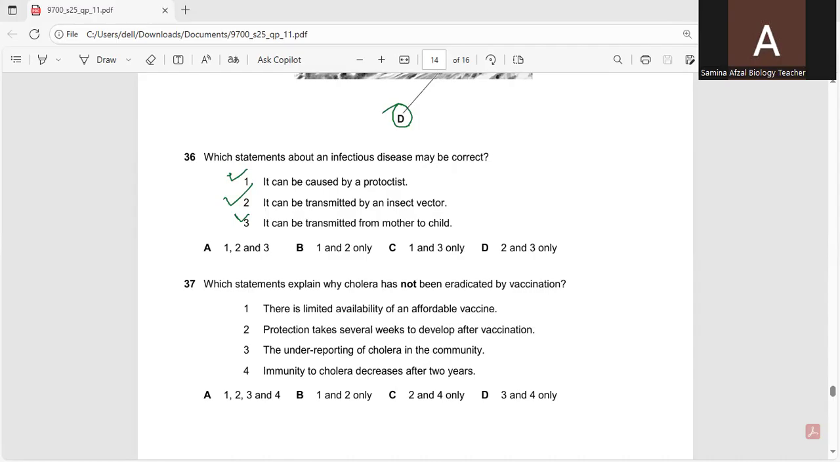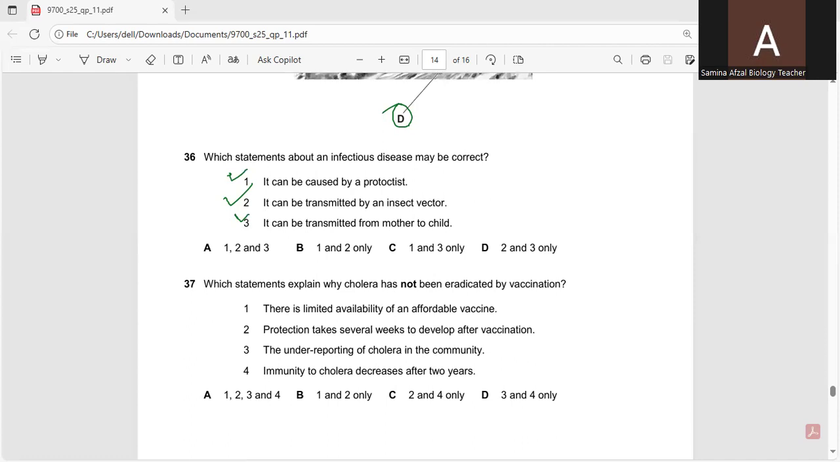If we talk about the second statement, it can be transmitted by an insect vector. A vector is an organism which transfers pathogens or microbes from one person to another. These insect vectors can be many, for example, in the case of malaria, the mosquitoes act as a vector. The third statement is also correct, so vertical transmission, that the pathogens can be transmitted from a mother